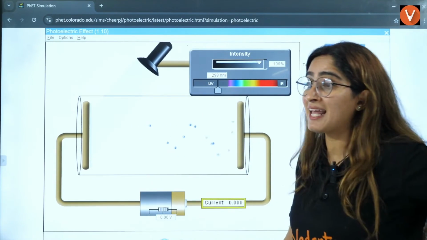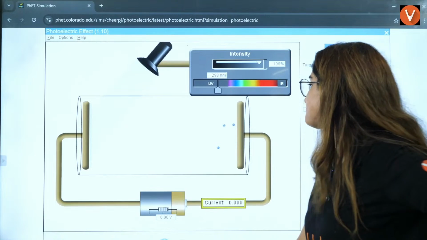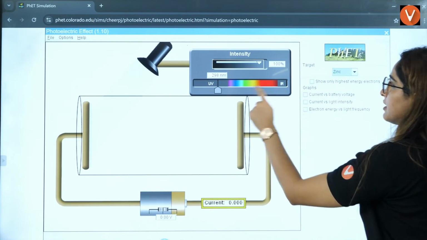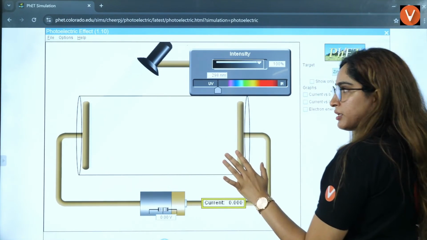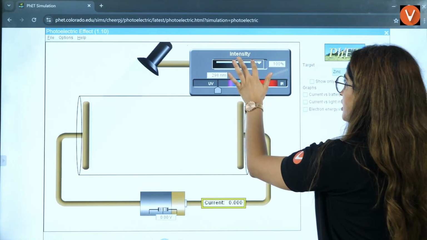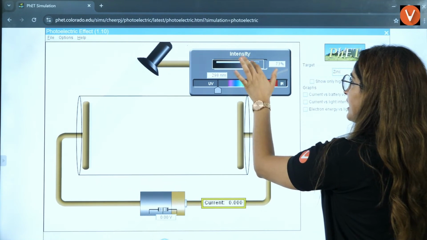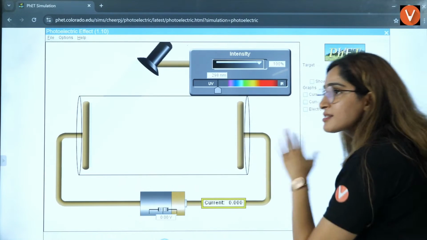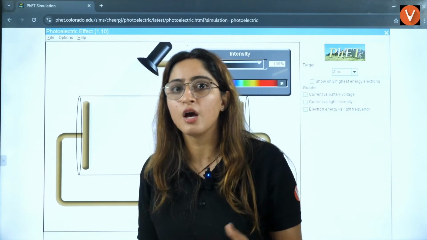Let's say, ma'am, can I increase the intensity? See, for zinc there is no electron ejection. I have kept the intensity at 100%. Still there is no electron ejection. So that means